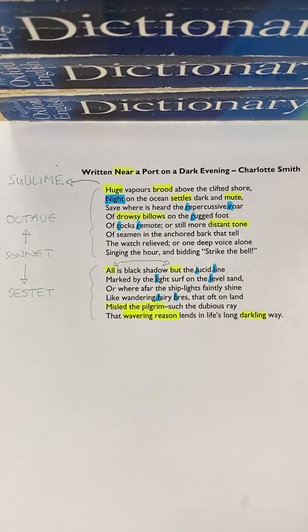So initially she seems to say that everything is black shadow, and even this is noteworthy and perhaps worthy of comment, because if all is black shadow, that doesn't quite work. The idea of a shadow implies the interplay of light and darkness. So it can't all be black shadow. And indeed, she then says, "but the lucid line," and that word "but" here in this context essentially means except. Okay, so she's saying all is black shadow except the lucid line marked by the light surf on the